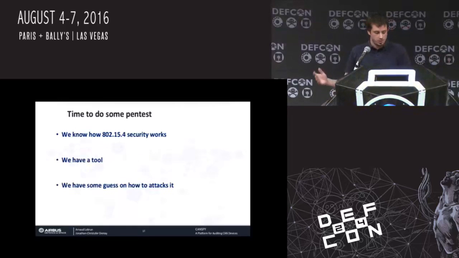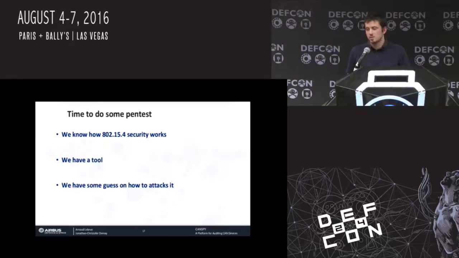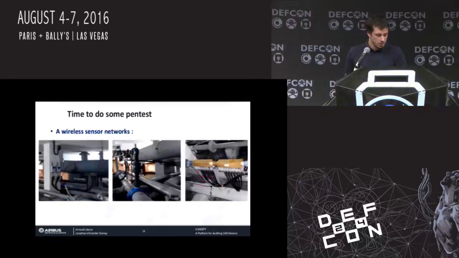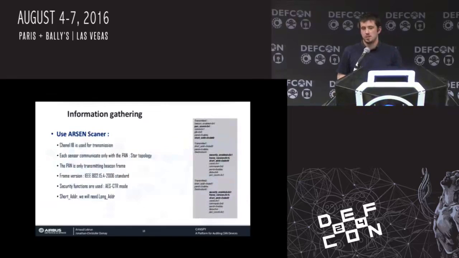We have the tools that Jonathan introduced, and we have some guesses on how we can attack it. This is a wireless network used in water distribution. So we are working on it. And obviously, the first step of the pen test is like an IT pen test. We try to find as much information as possible. So we scan all channels of